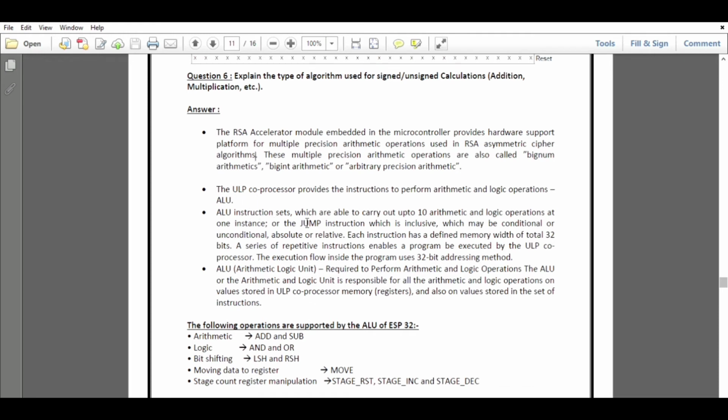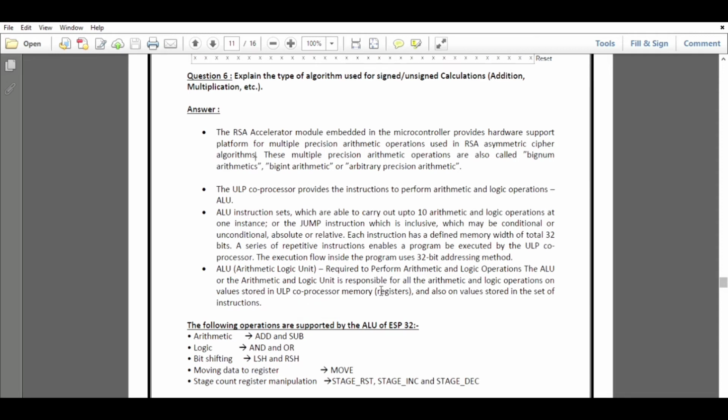This ALU instruction set can carry out up to 10 arithmetic and logic operations at the same time. A series of repetitive instructions enables the program to be executed by the ULP coprocessor. Here the ALU is required to perform arithmetic logic operations. The ALU, the arithmetic and logic unit, is responsible for all arithmetic and logic operations that are performed on ESP32, and